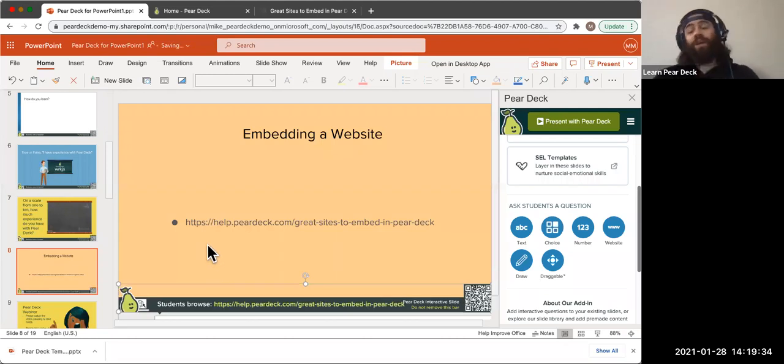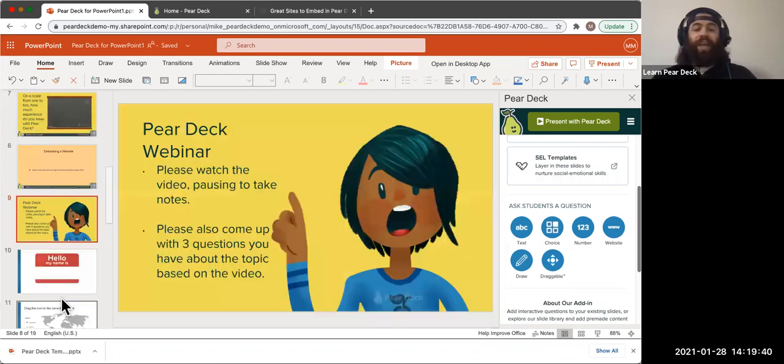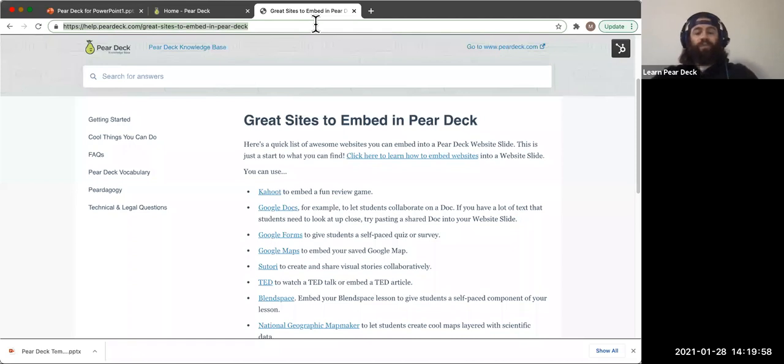Now there are some sites that, while they're secure, don't embed well initially with Pear Deck. If you run into this issue and you know it's a secure site, it may be because you need a special embeddable URL or address. Some sites don't like to embed with the URL or address that you get from the address bar. YouTube is one of those sites. So we'll use that as an example. If I went to youtube.com